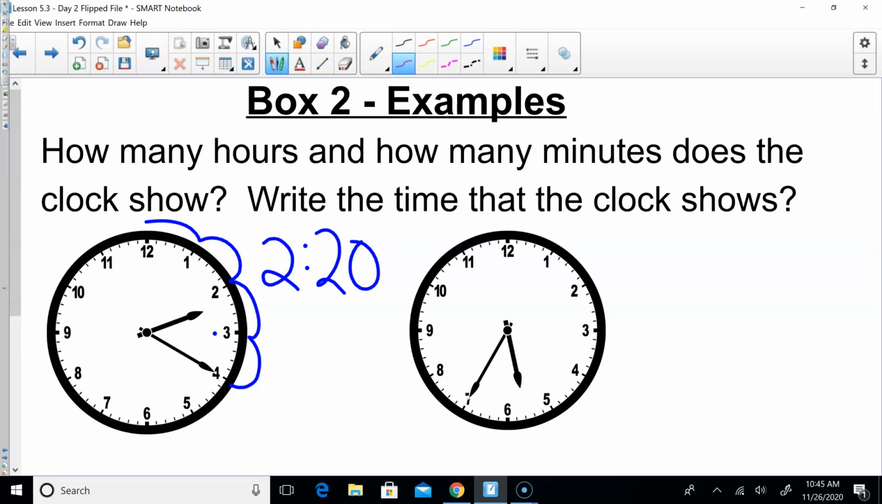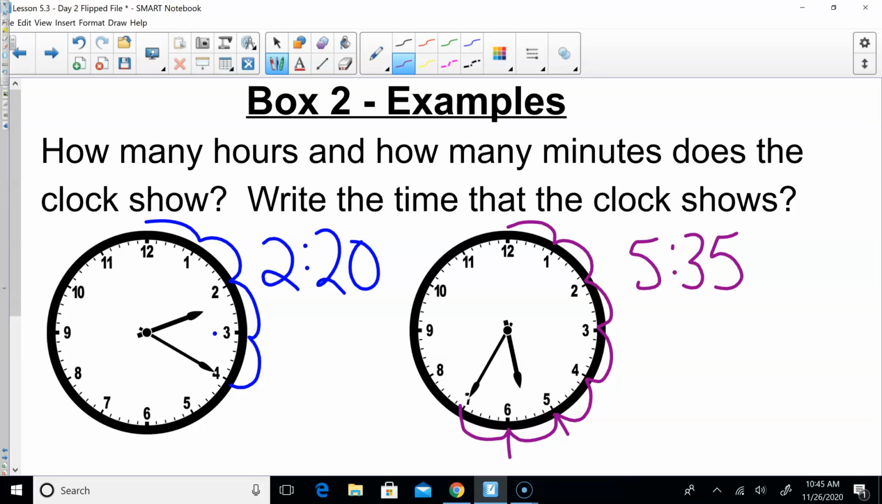The next one, we look at our hour hand. We notice the hour hand's between the 5 and the 6, which means it's not to the 6 yet, so we got to put a 5 there. And now you figure out how many minutes do we have? Well, we know that this is 5, 10, 15, 20, 25, 30, 35. So this would be 5:35. And you pause the video right now, draw the clock, draw the time, so that way you can connect